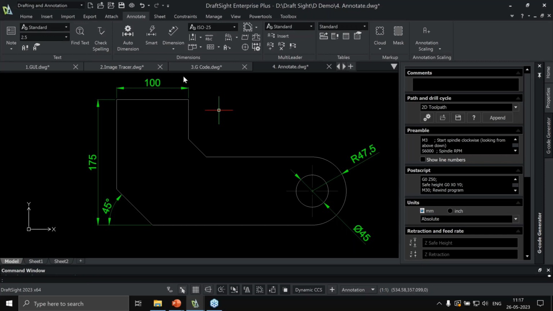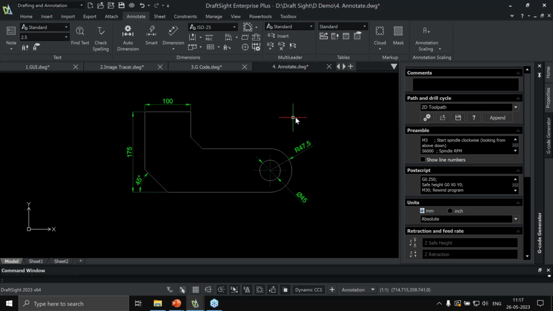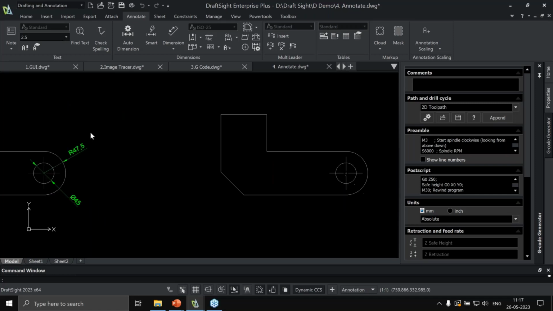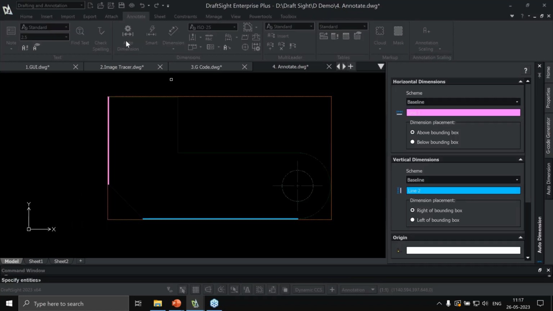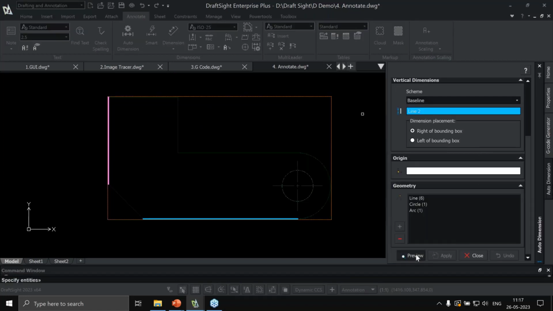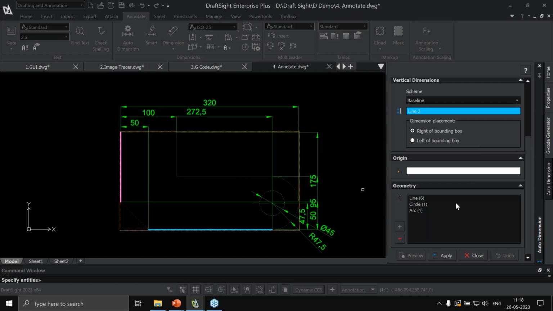So with this single selection of Smart Dimension, without changing to different dimension schemes, I can do this. And the best part is it still takes just a couple of clicks. We also have an automatic dimension, where we just need to create a bounding box. Say, for example, I want the entire dimensions done for this particular box that I showed here. With just a click of a button the dimensions will be highlighted. I'll just show you. With a single click of a button we get the dimensions,